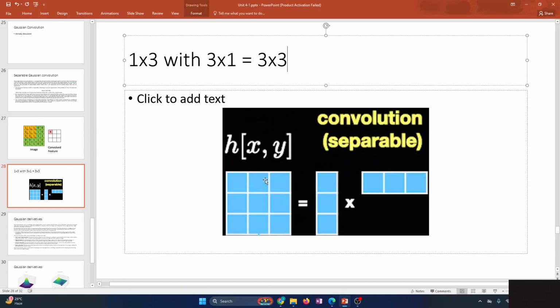If we can divide our matrix, our convolution, our kernel into two such vectors of x and y that can later be combined like this, that will be less computationally exhaustive, and it will save a lot of time, money, and everything. So this will be a very inexpensive operation. So whenever we say that this is a computationally expensive operation, that means, for example, when we are running image processing, for example,